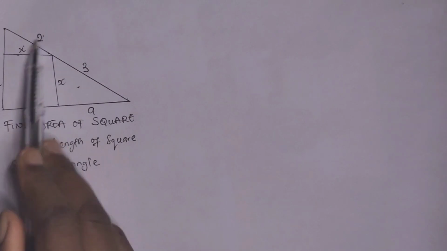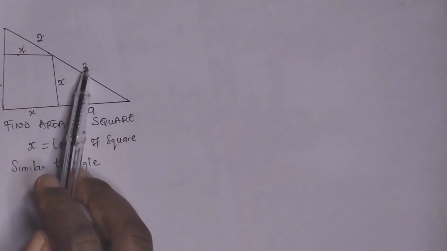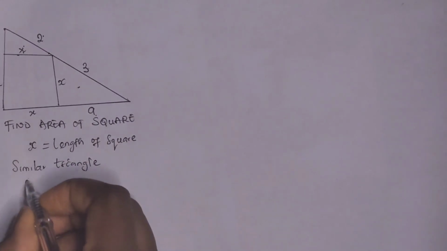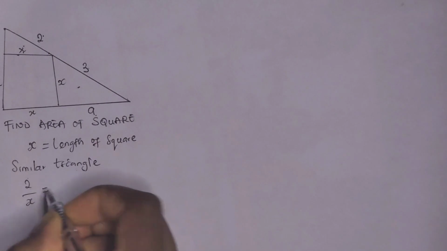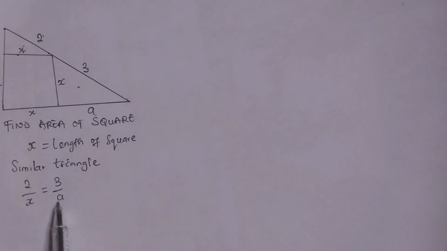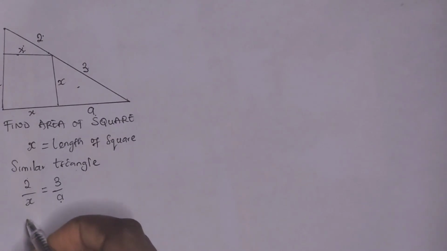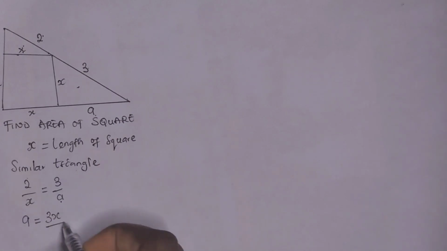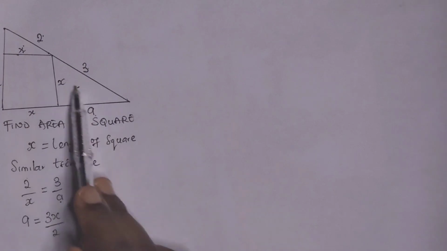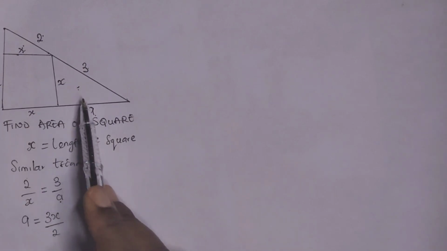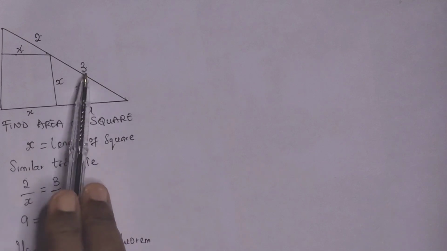So we have 2 over x equal to 3 over a. That's similar triangles. So from here, making a the subject, we have a equal to 3x over 2. Since this is a right angle triangle, we can actually use Pythagoras theorem, which states that the